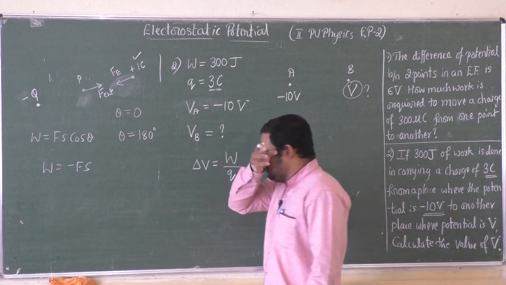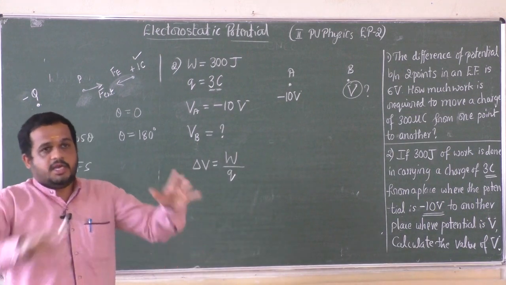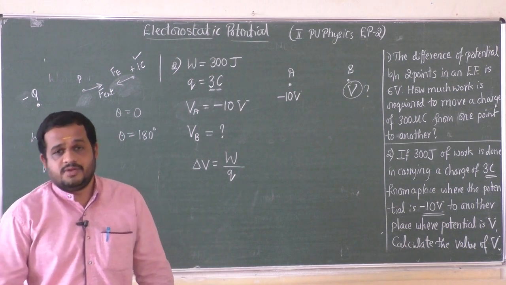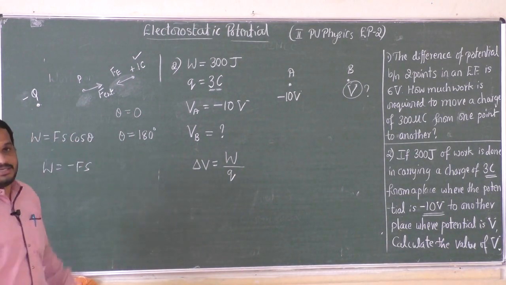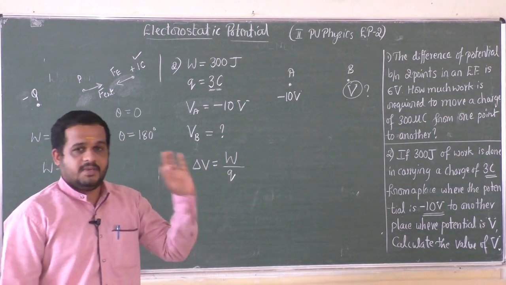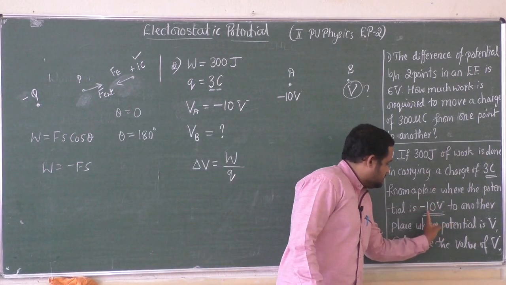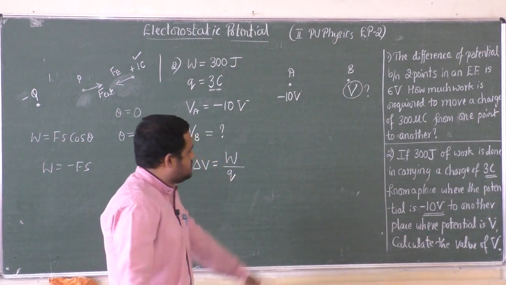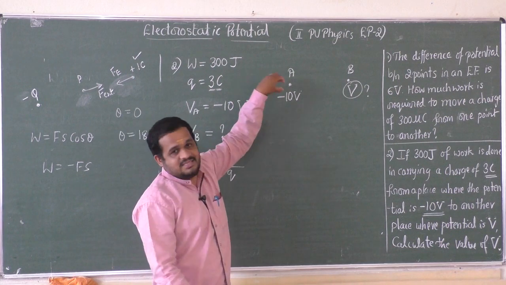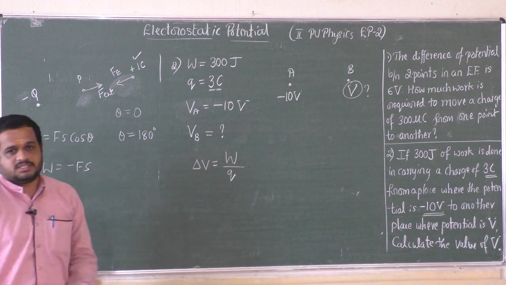Okay, I think it is clear. Remember this point, that is enough. If the source charge is positive, it produces positive potential in its surrounding. At any point, potential will have positive value. If the source charge is negative, then potential at any point due to that negative source charge will be negative. Now in this problem, potential value is equal to minus 10 volt. That means that potential is produced by some negative charge. Somewhere here there is a negative source charge, due to that some negative potential is produced, it is equal to minus 10 volt.